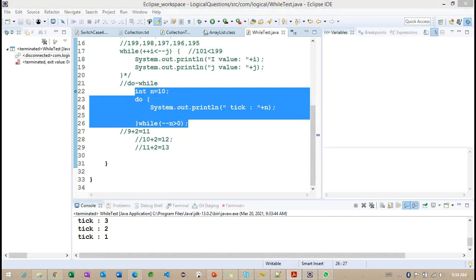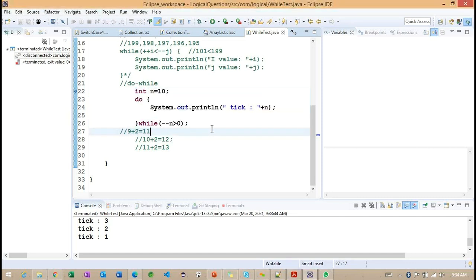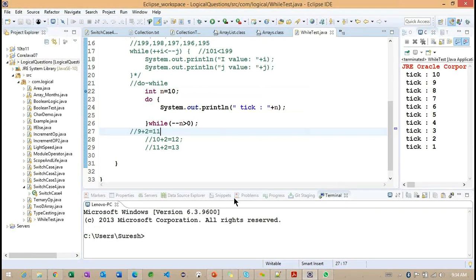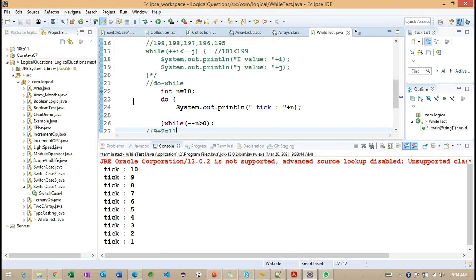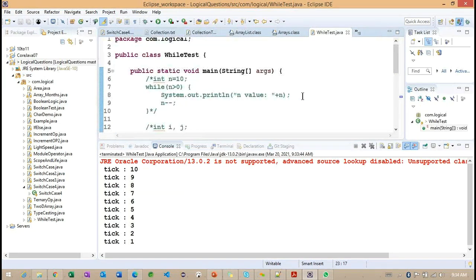Okay, can I move to another example? Tell me, do you still have any doubts, or can I move to another example?